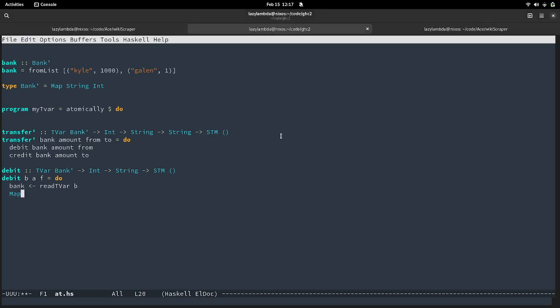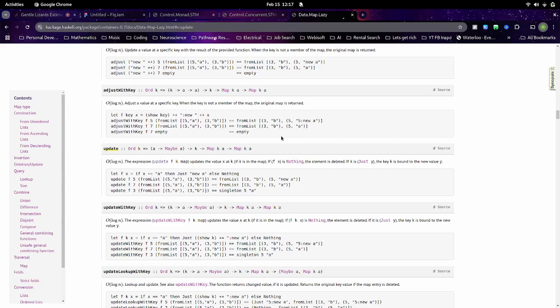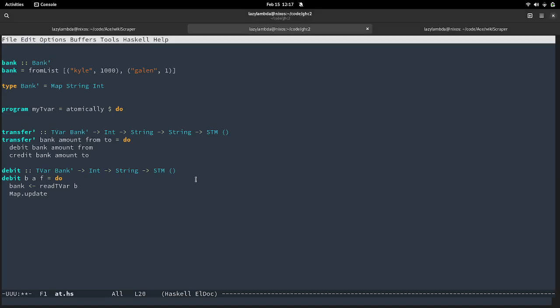Map.update is going to take a function which takes an A and returns a Maybe A. The A is going to be the value of the map, and the key is going to be the second argument, what we want to affect. So I'm going to write that in for now. That's going to be our function. That's just a typed hole, by the way, because I don't know what I want to write for the function yet.